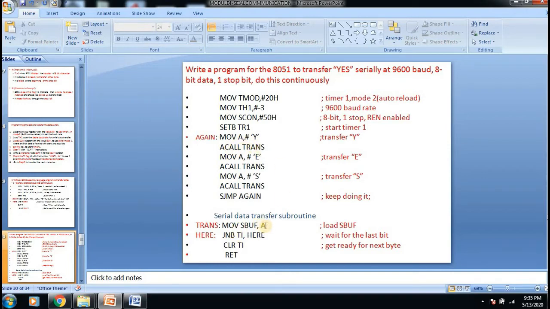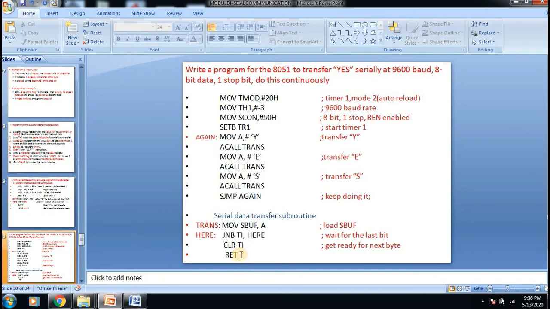When the MOV A, #'Y' instruction is executed, the hexadecimal value of Y will be placed in A, and the same value will be placed in the SBUF register, and then we monitor the transmit interrupt flag, and once it becomes 1, we come out of the loop and again we clear the TI to transmit the next character.